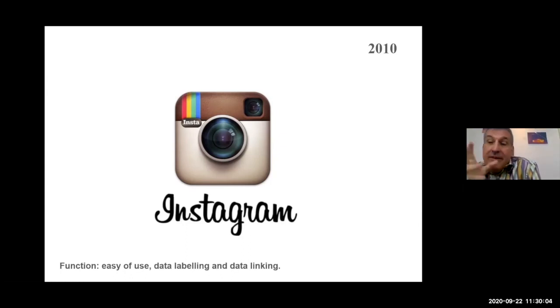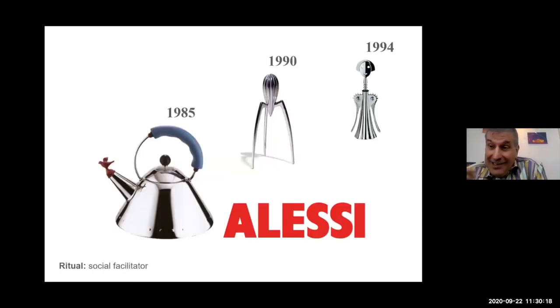So Instagram is a facilitator, it's a functional tool, it's something that helps you to be who you want and create a community. It does have some of its own values and meanings associated with it, but to some degree, some of that's in the background. Alessi. Alessi is a very good example of something that started out as a commodity,